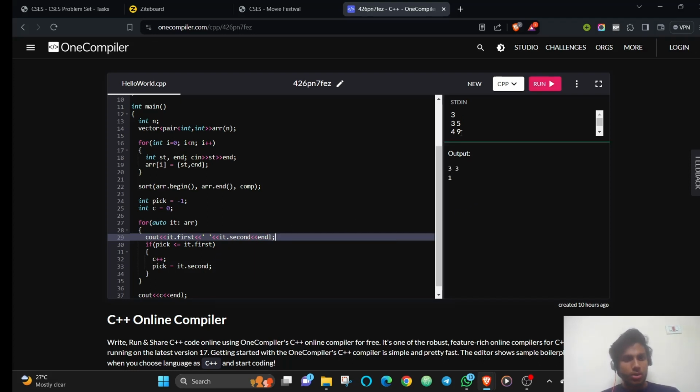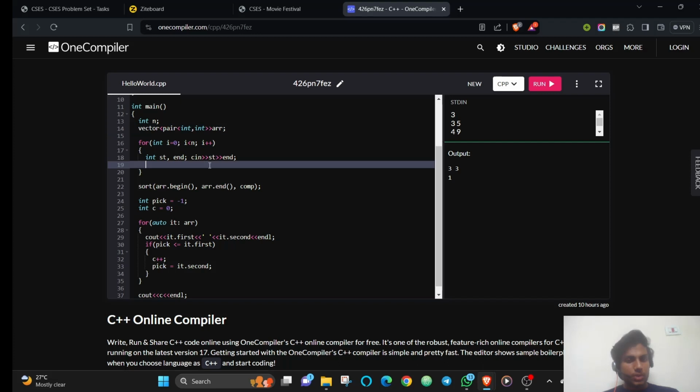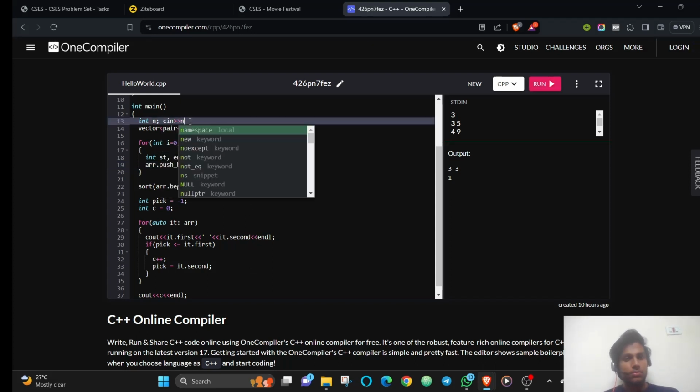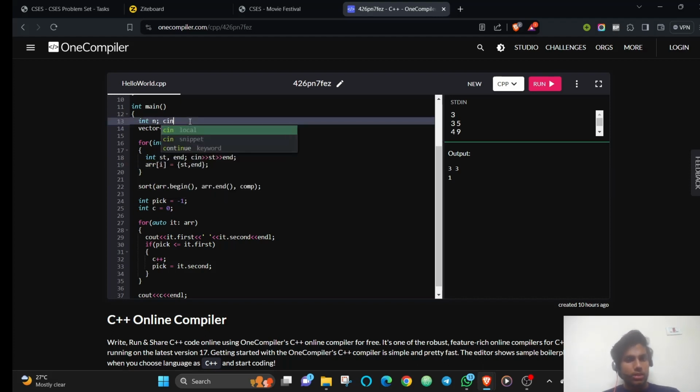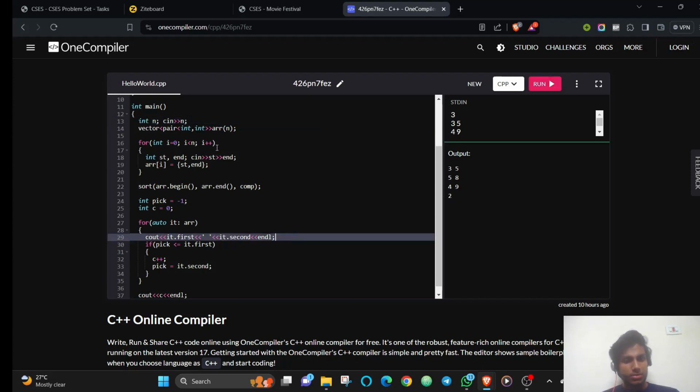Okay, that means I think I have taken the input wrong. So I'll just push like this. Sorry, I just forgot to take the value n, right? Now it does run fine. So yeah, this is what the solution